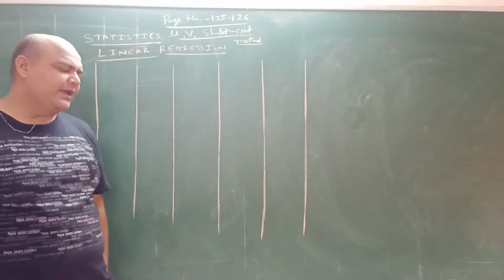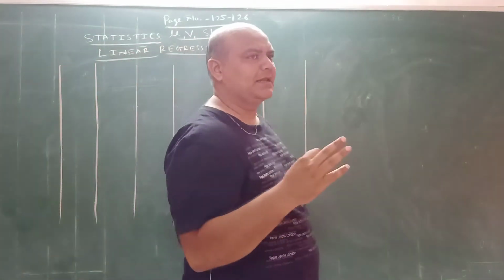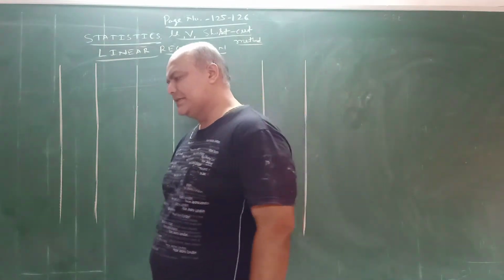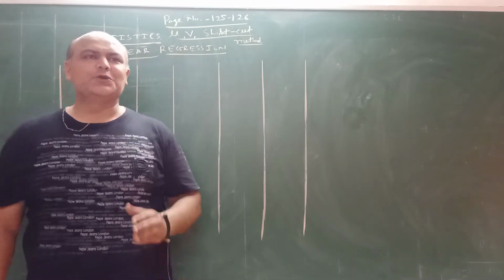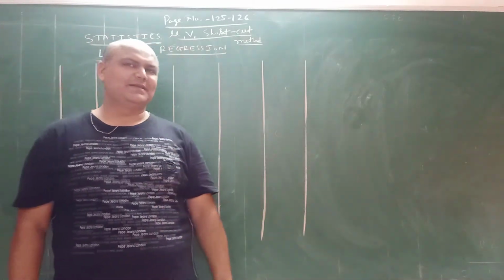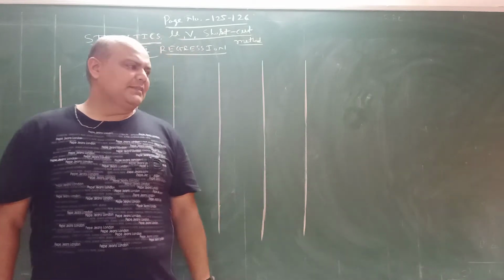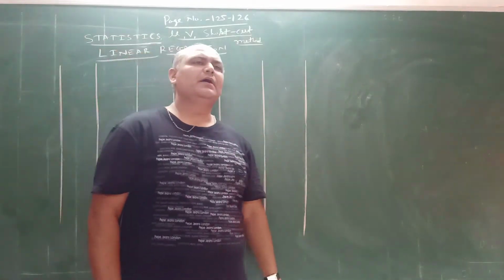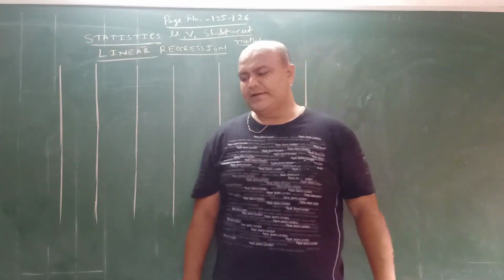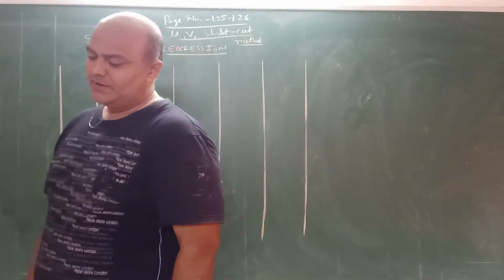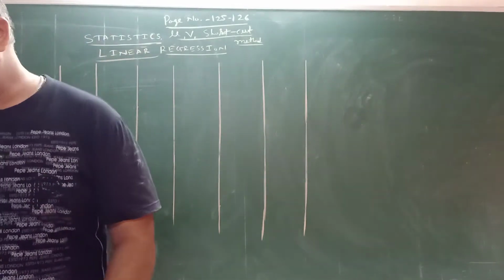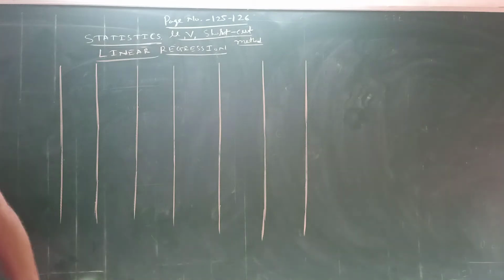As you all know, regression is a mathematical functional relationship between two variables in which an unknown variable can be found out with the help of a known variable. In the sums of linear regression, we have to find, my friends, the regression line. For the regression line, we have to pass through 3 different steps.